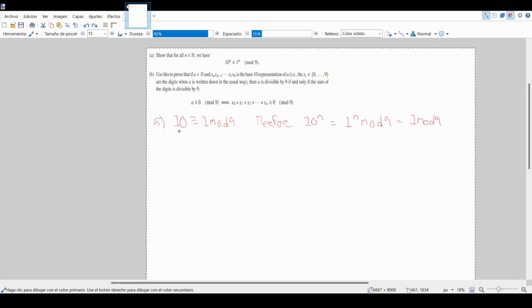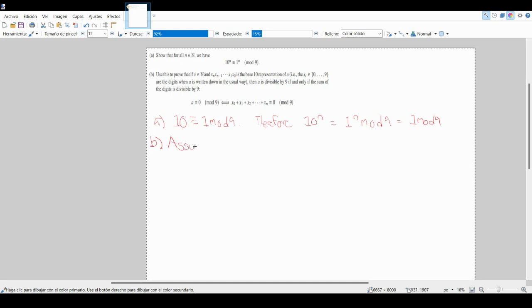Okay, so for the next part, we have to prove both directions here. We have to prove that if A is congruent to 0 mod 9, then the sum of all its individual digits is also congruent to 0 mod 9. And then we have to prove the other direction, that if the sum of all digits is congruent to 0 mod 9, then A must also be congruent to 0 mod 9. We are first going to start by